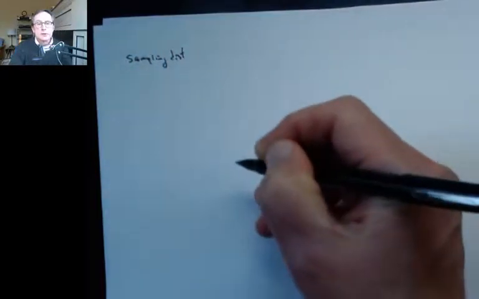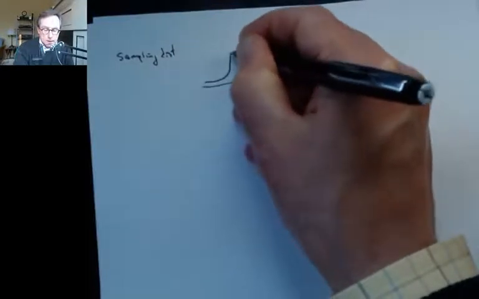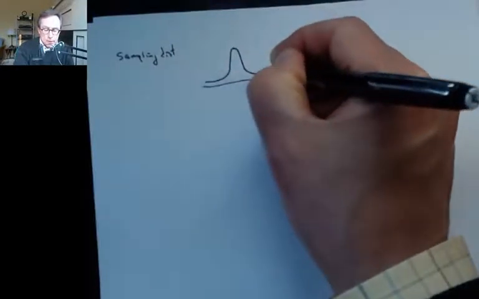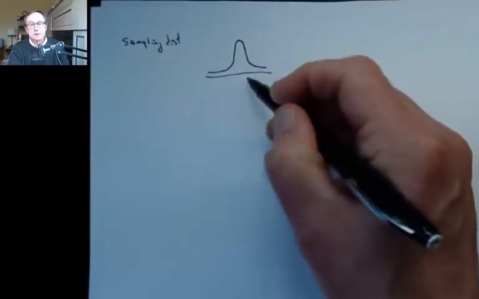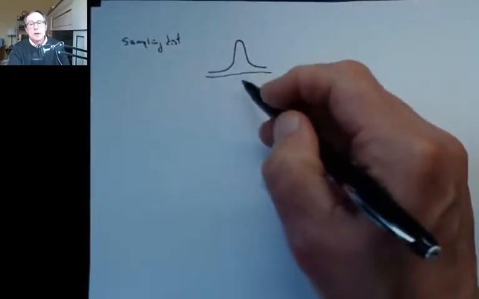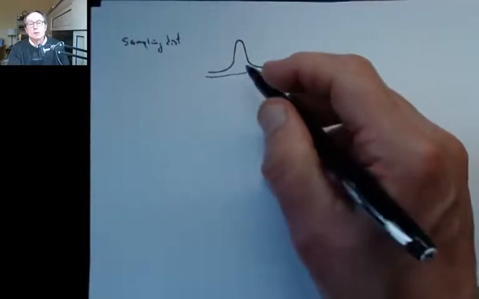The sampling distribution, and those always look like so. They're usually narrower than the underlying population, so I make them look, I know it's a little ridiculous, it looks ridiculously narrow, but it helps me to remember. And they're always going to be, if it's a sampling distribution of X bars,